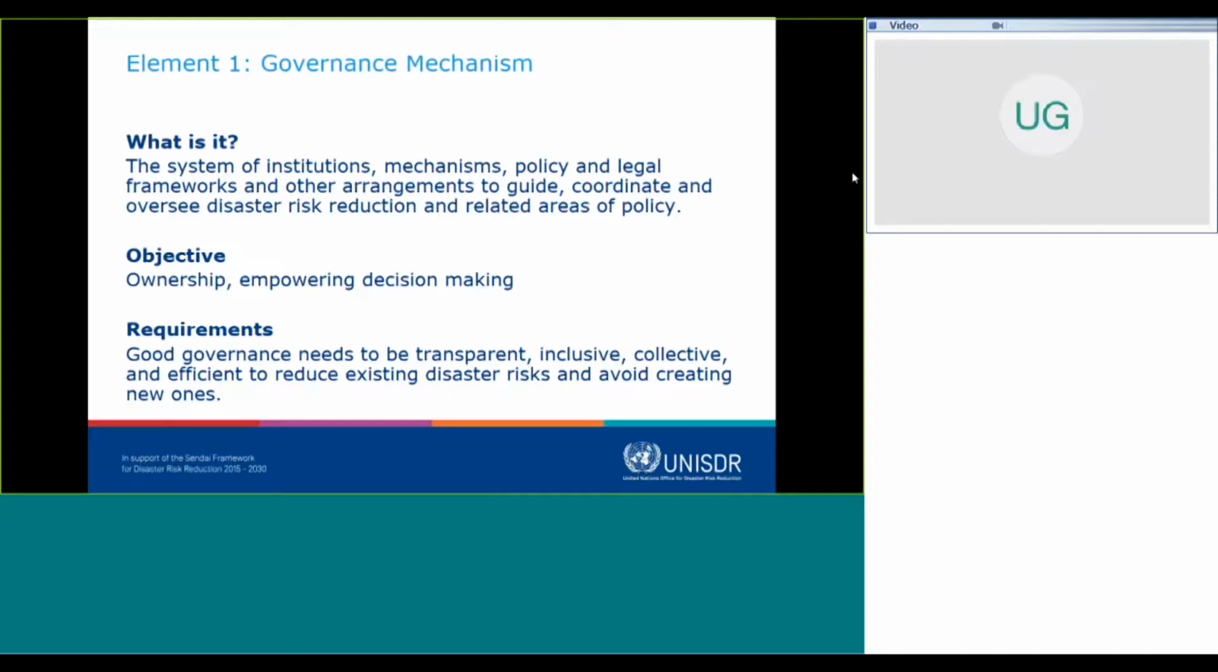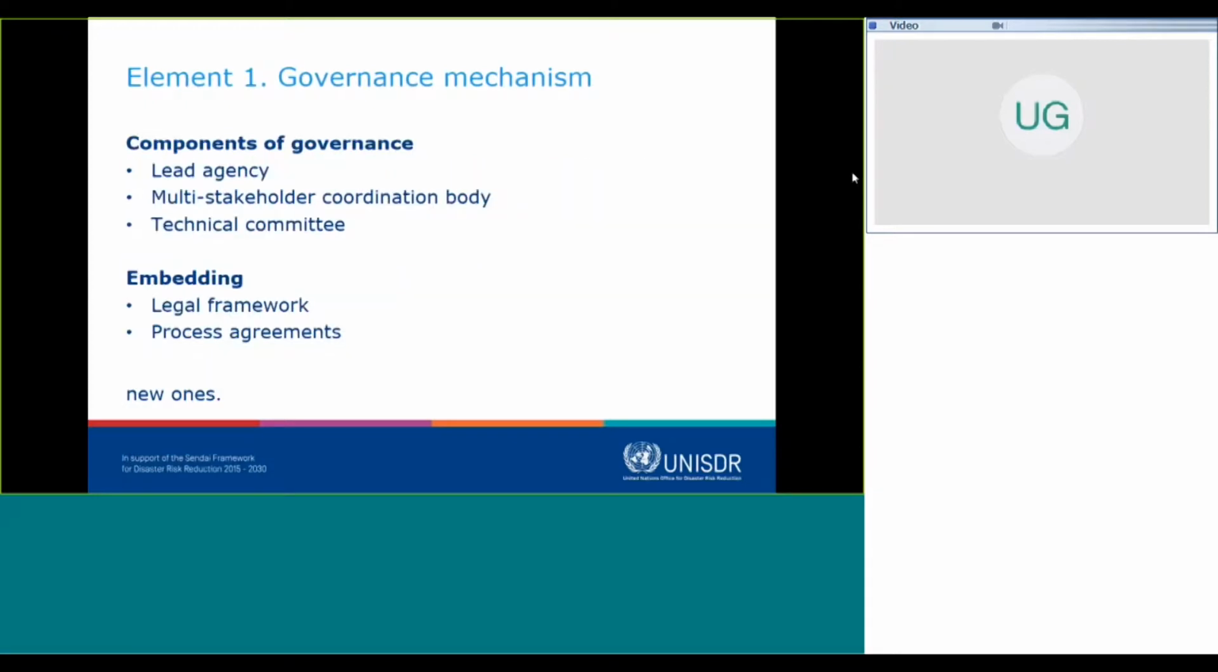Well, the definition of governance, of course, is this full system of institutions and mechanisms that can provide this guidance, ownership, and involvement of stakeholders. And key elements for us was to describe this governance as being transparent, inclusive, collective, and also efficient. And so, to make it more precise for the management of a disaster risk assessment process, we described the need